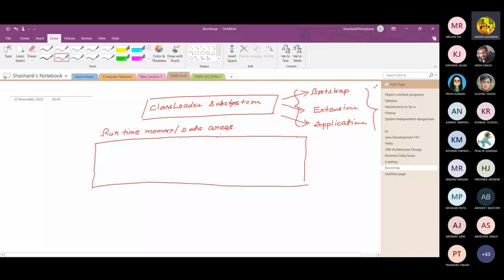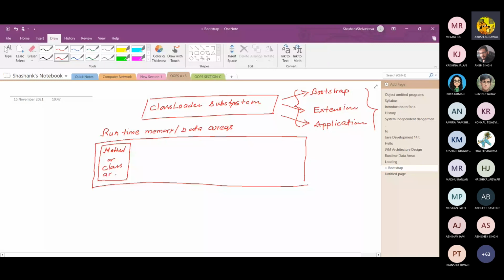In the runtime memory area there are five types of memory areas, and among the five, three are important here. The first one is the method area or class area.